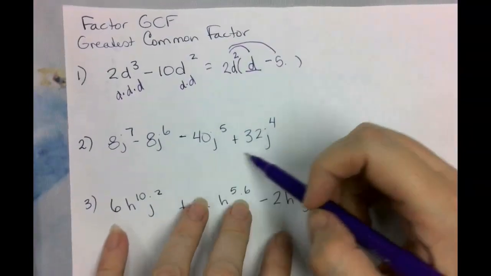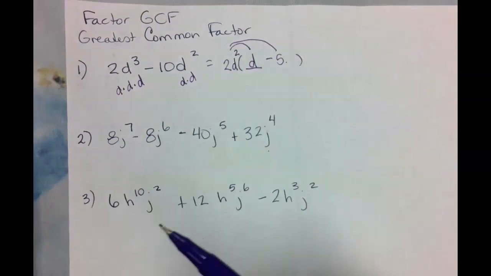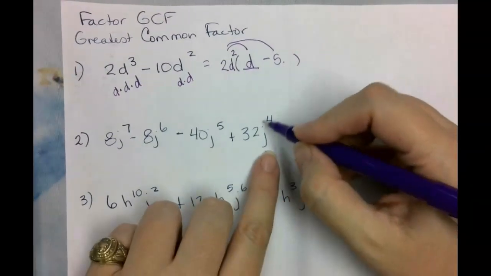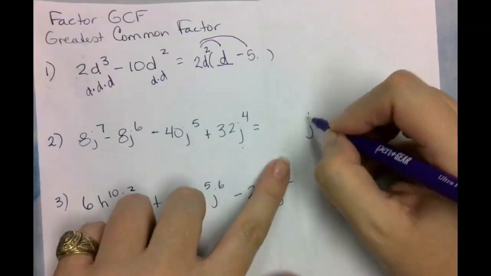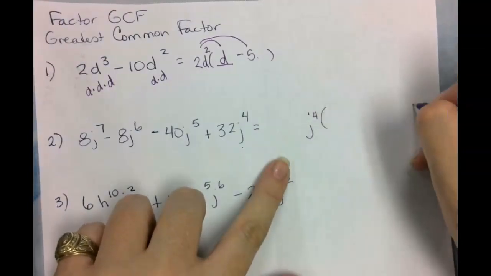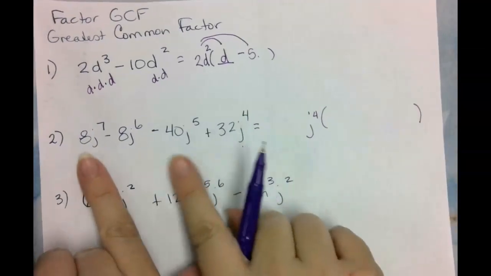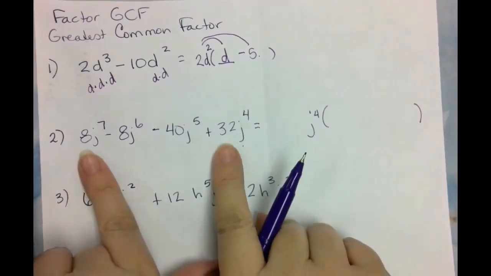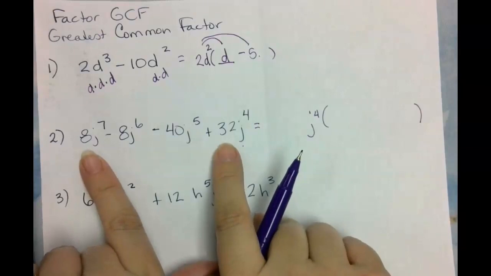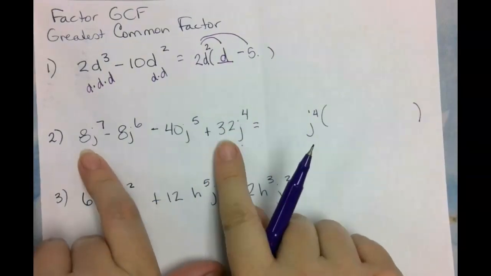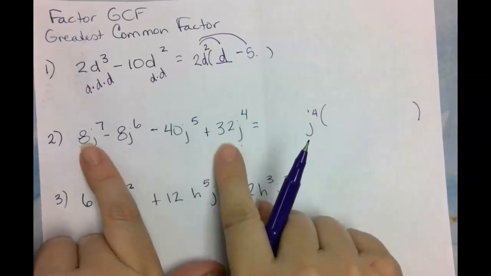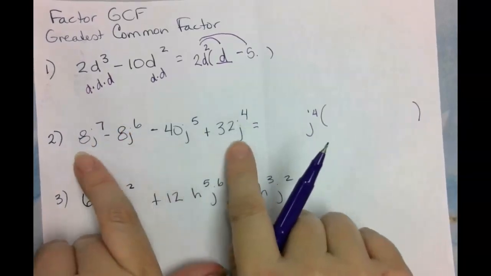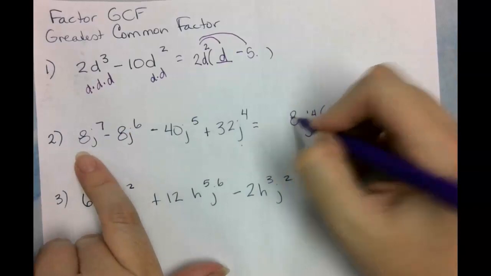How many j's do these all have in common? Well, they all have j to the 4 in them. So I could put a j to the 4 on the outside. And what number do these all have in common? Well, they all have a 2, but they also all have a 4. Will 8 go into all of these? Yes, 8 will divide evenly into all of these. So,